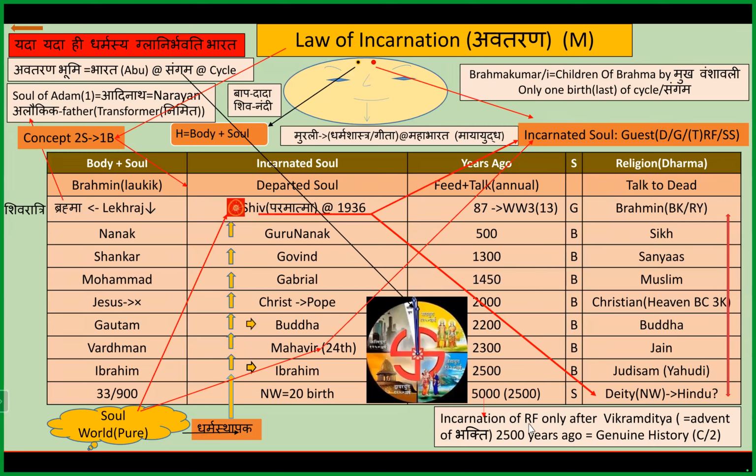And regarding the incarnation of the religious fathers, the Bhakti Marg history is only 2,500 years old. That is the genuine history. All the earlier history was wiped out because of earthquakes. Why earthquakes? Because these people have gone from purity to the impurity of the Vaam Marg. As we say, Purush controls Prakriti, so because of that, there are earthquakes. So we have only a genuine history of the last 2,500 years.